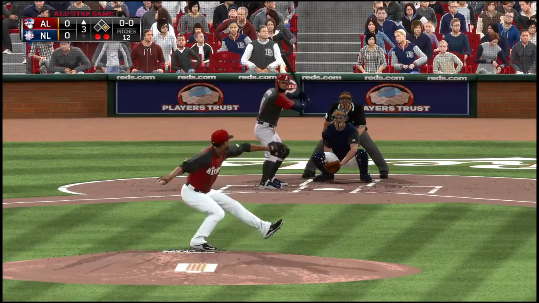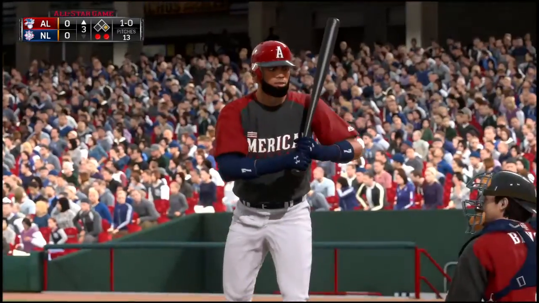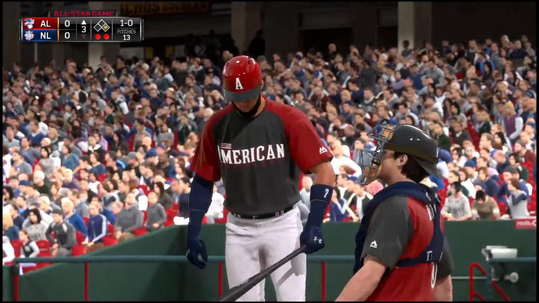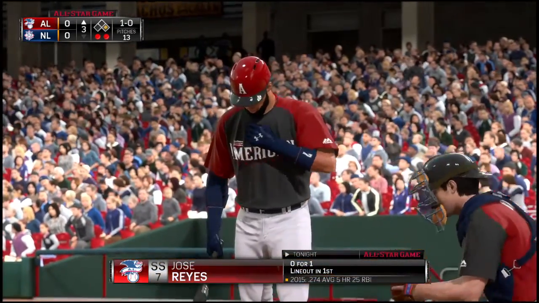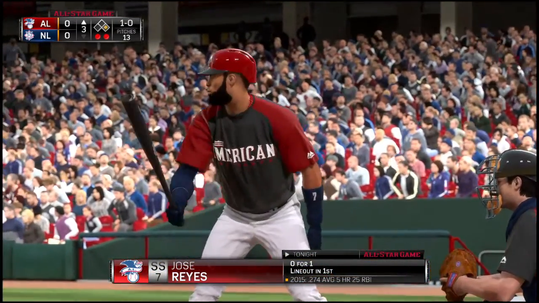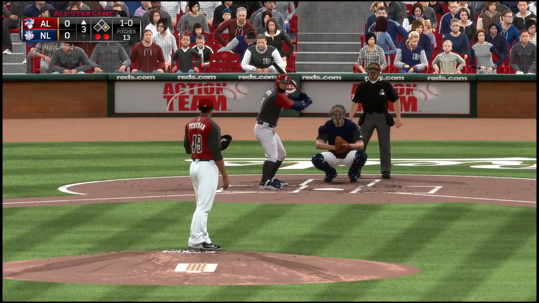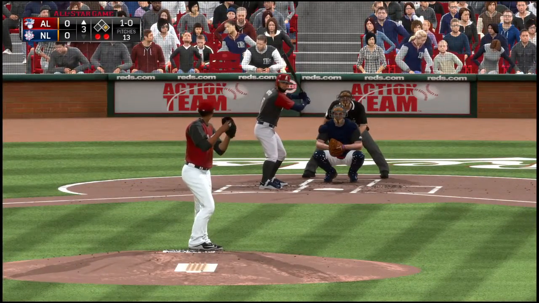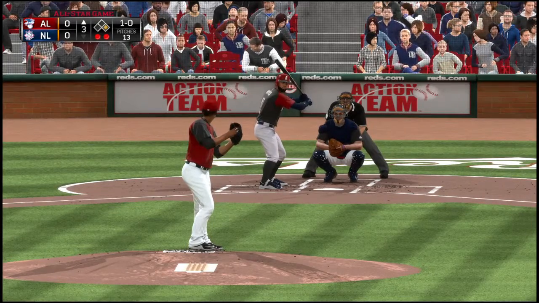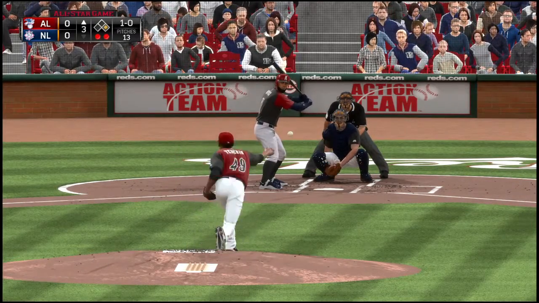Here's the shortstop now, Jose Reyes, as he lays off a fastball too low for ball 1. From the stretch.